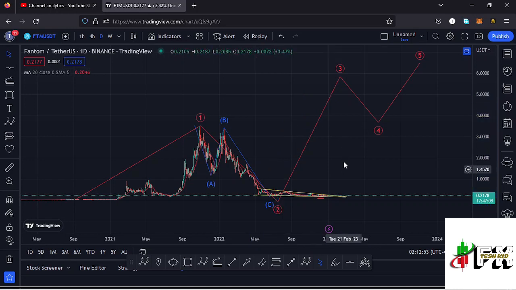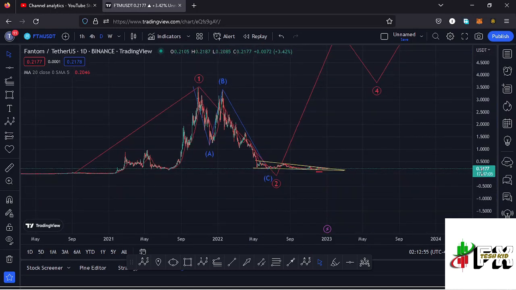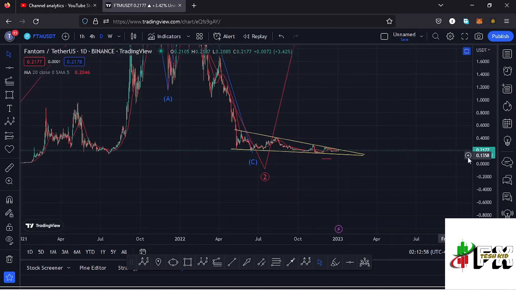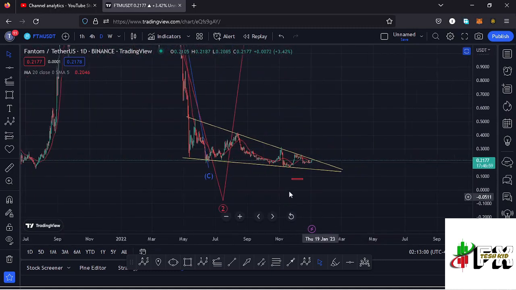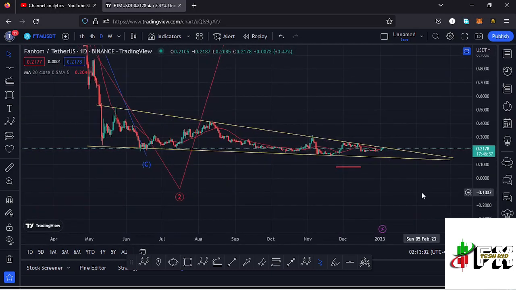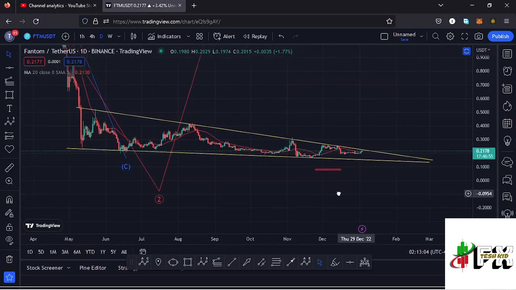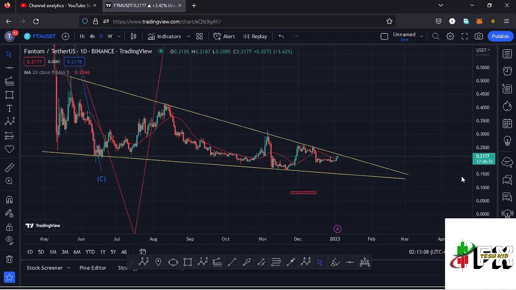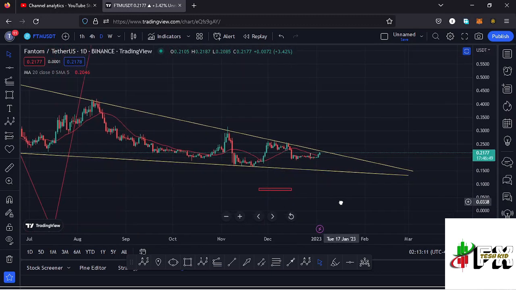And getting to the short-term scenarios that I'm expecting, starting here on the daily chart, where we have a very nice chart pattern that has been in formation, which is right here, which is a falling wedge, which has been well obeyed. And this is a chart pattern that can give us a breakout to the upper side, and for that to happen, I also expect Fantom to manage to break above the 20-day MA here on the daily chart,